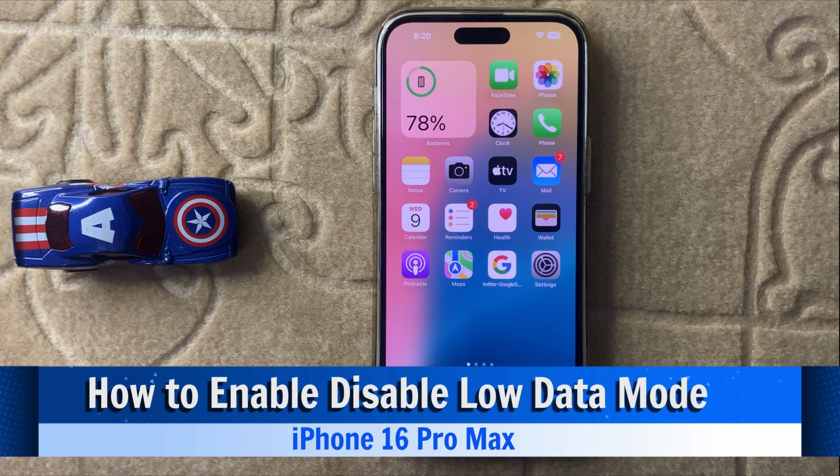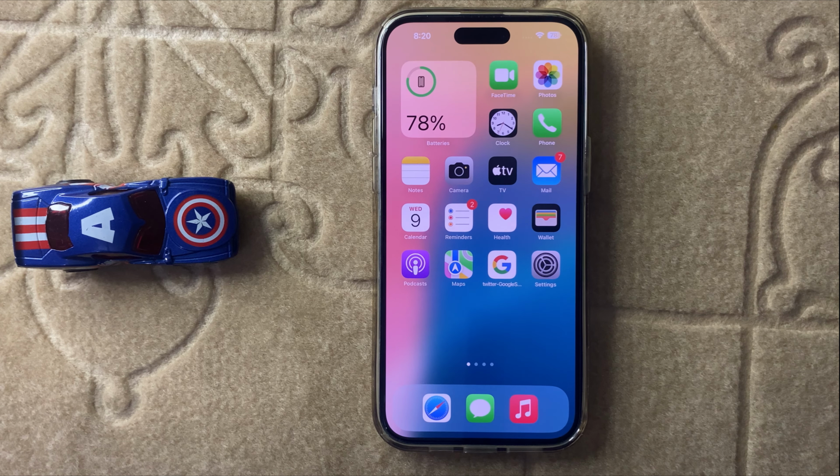Hello everyone, today in this video I will show you how to enable and disable low data mode in iPhone